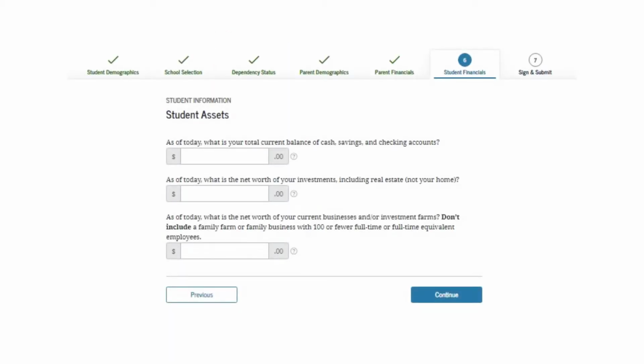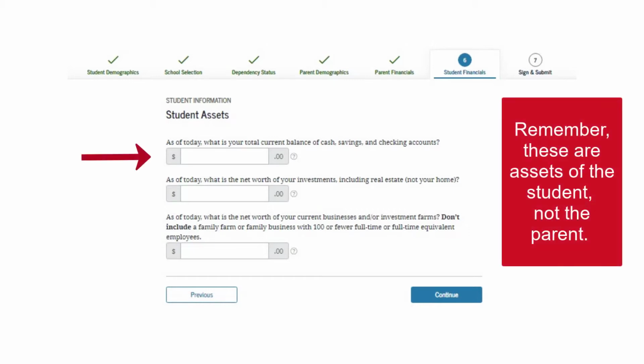There is no asset threshold for the student, so the student must list all assets, including current balance of cash, savings, and checking accounts, net worth of investments, including real estate, but not the home they live in, and the net worth of their current business and/or investment farms, but not to include a family farm or family business with 100 or fewer full-time or full-time equivalent employees.